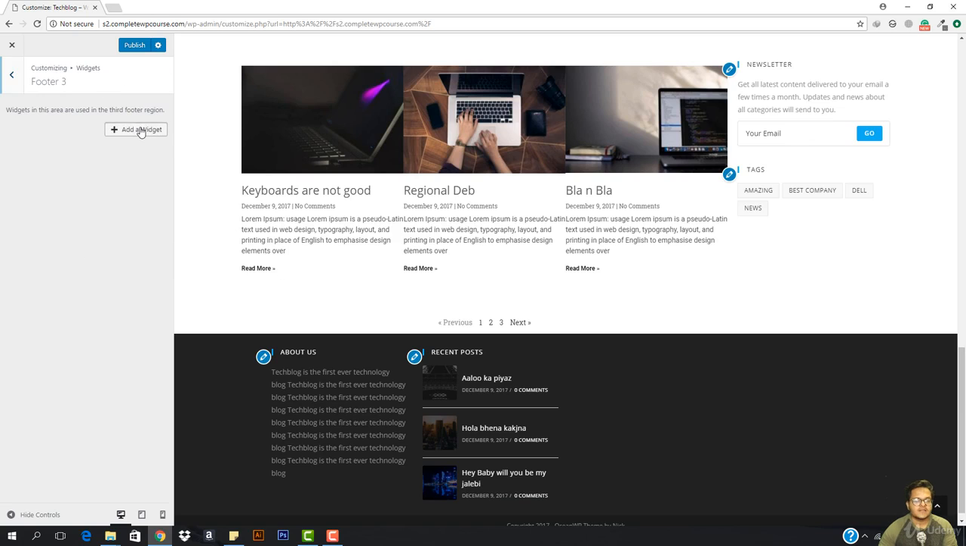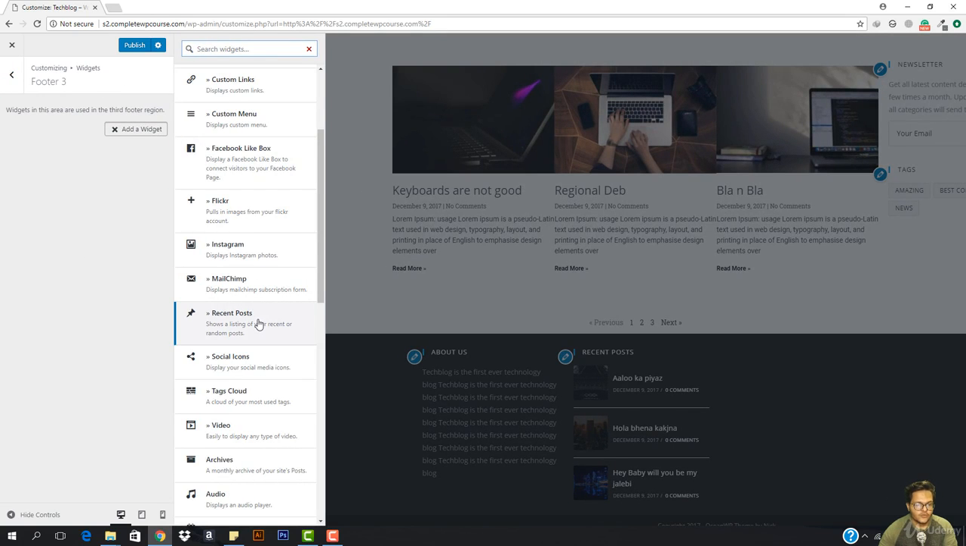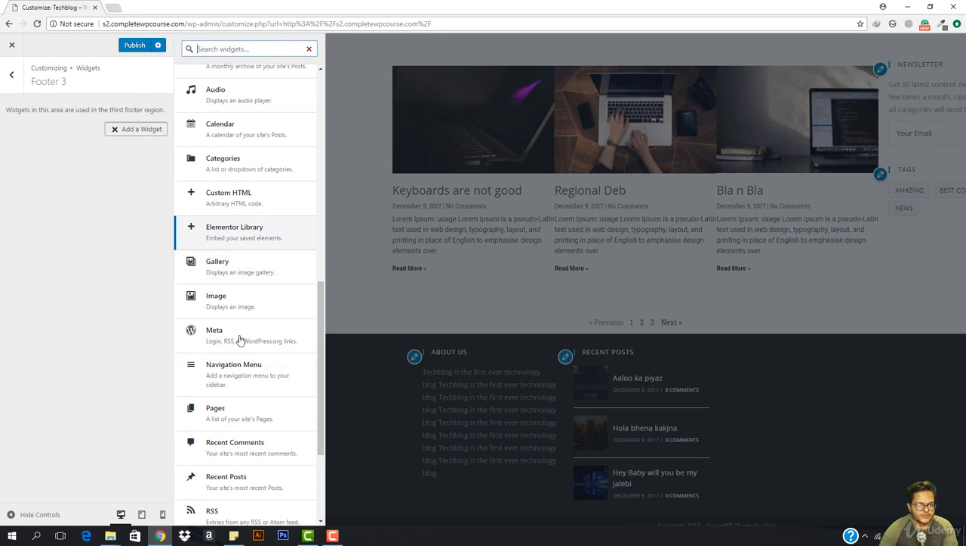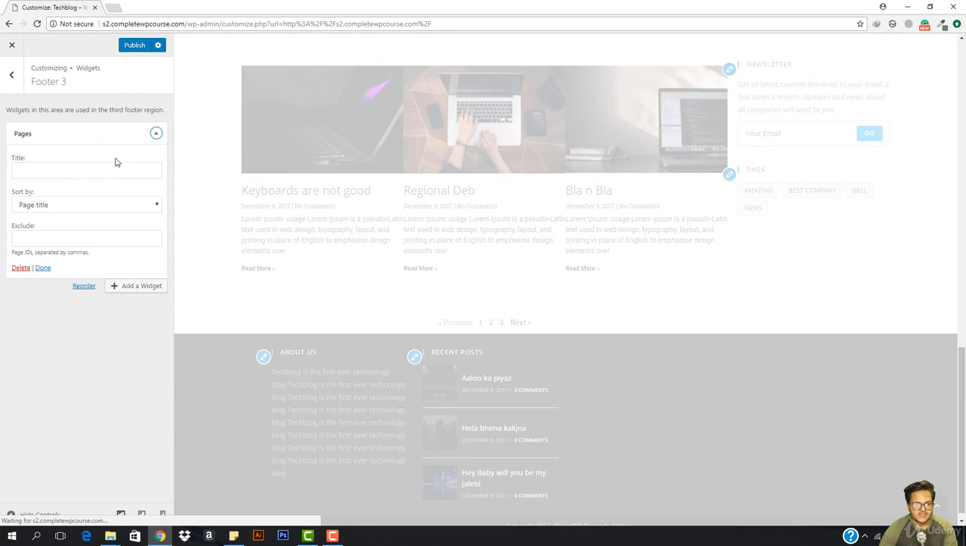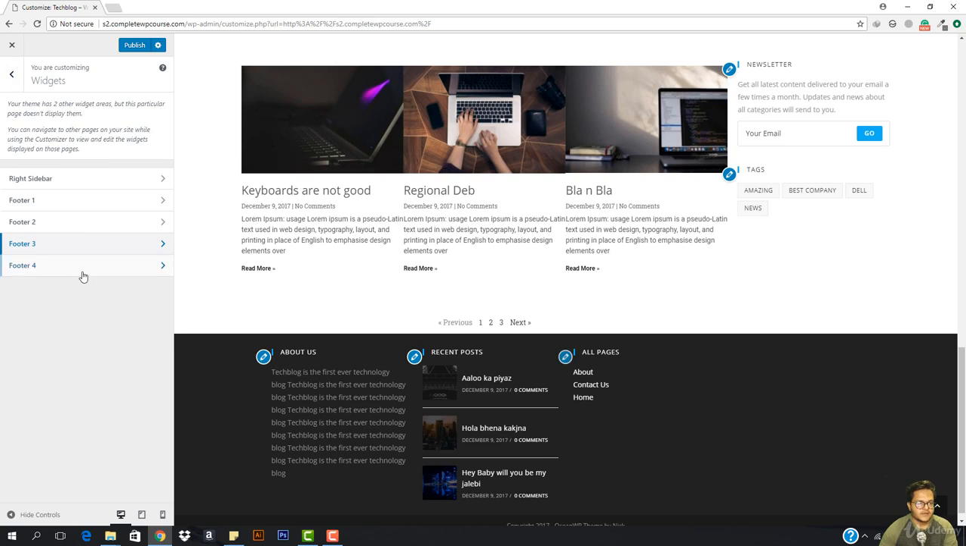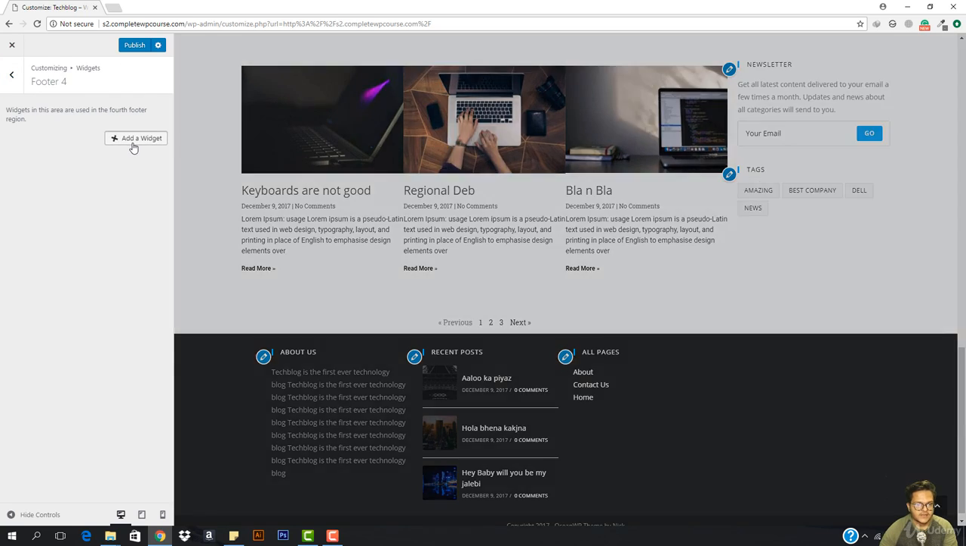and let's add one more. So for this, I think I should be adding the list of all the pages that my website has. So it is going to sort by pages. You can also go with the page ID, page order, and you can see all pages. Okay, I'm gonna go back and I'm gonna move to the footer right here, and in here you can add